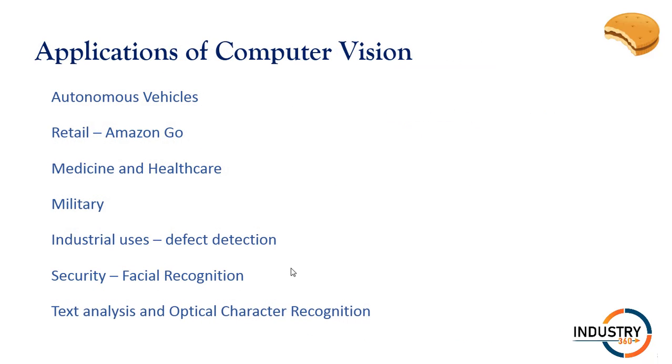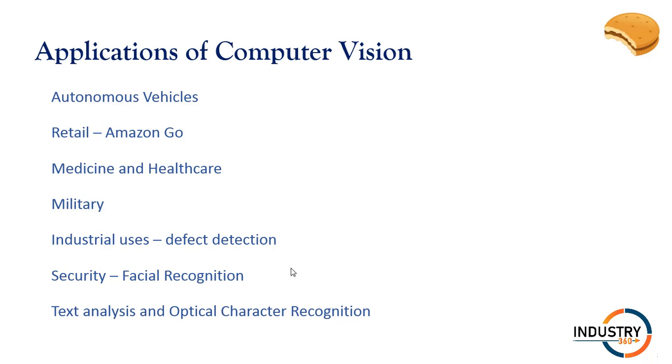It is now being used in self-driving cars and in retail space, for example, for cashierless stores. There are tremendous diagnostic possibilities in medicines and in general in healthcare. For example, these systems are being used to identify problems with X-rays. The military uses computer vision for better targeting of its weapon systems. And in industry, it is now possible to detect tiny manufacturing defects that are well beyond human visual capabilities.